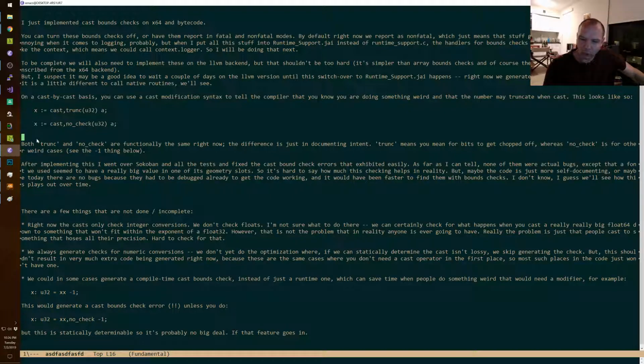Now we can also at some point soon maybe add bounds checks on math operations. However, I kind of wonder how much slower that'll make things. It might be so slow that you don't want to turn those on by default. You just want to turn them on in your paranoia build or something.